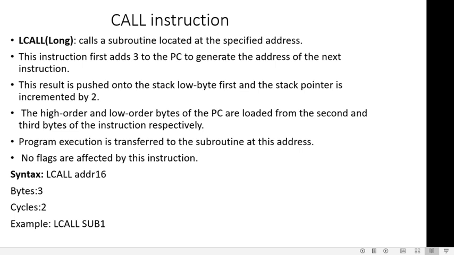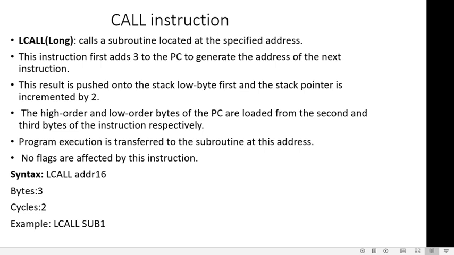This result is pushed onto the stack, low byte first, and the stack pointer is incremented by 2. The higher order and the lower order bytes of the PC are loaded from the second and the third bytes of the instruction respectively. Program execution is transferred to the subroutine at this address when there is a long call. No flags are affected by this instruction.